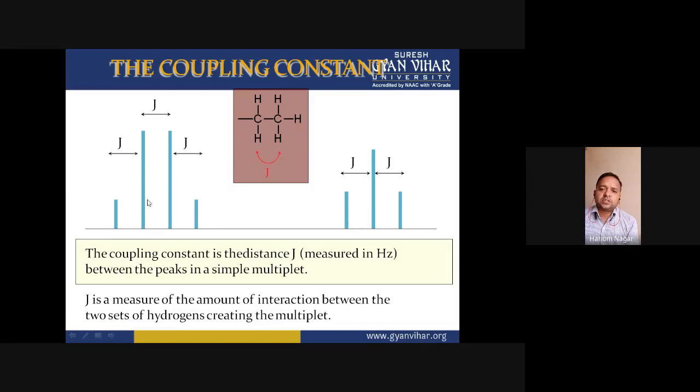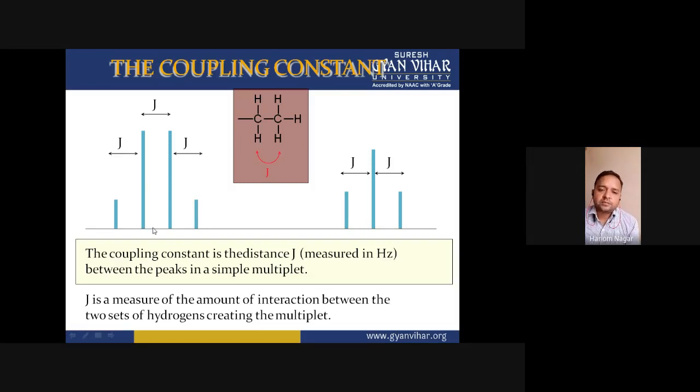Suppose only one signal is there, here in between two peaks. Suppose this interacts with the spin orientations which are clockwise, then this signal is shifted into the downfield side. This is the downfield side and this is the upfield side, meaning when we move from left to right, we are moving in the upfield direction. Before the splitting, there is only one peak. When this interacts with the neighboring protons, there is splitting of the signal, meaning shifting of the signal into the downfield and upfield side.